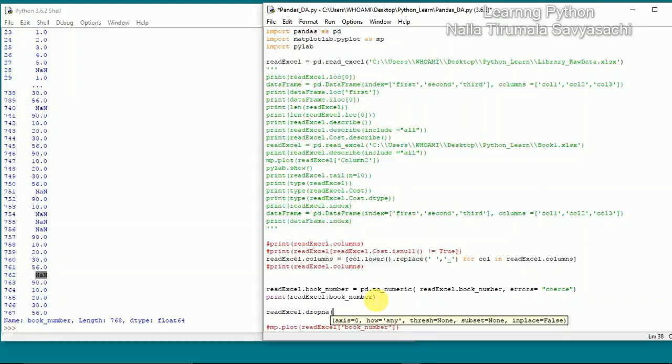You can apply it on any column or you can apply it on rows also. To differentiate that, we have one axis parameter. If you provide axis equals 0, that means you are applying dropna against all the rows. If you provide axis equals 1, that means you are applying dropna against the column,